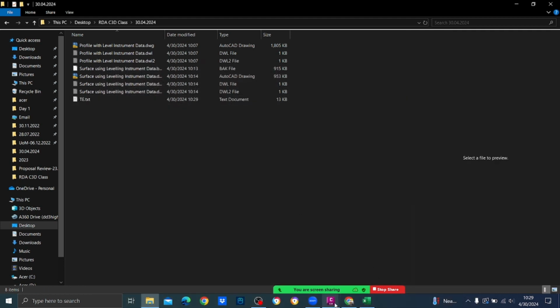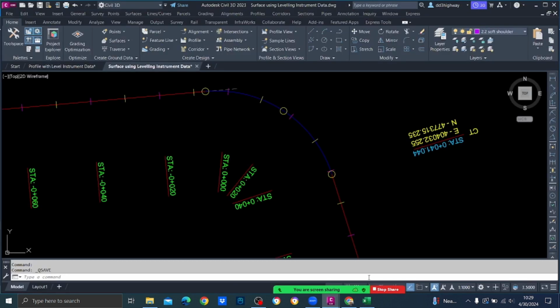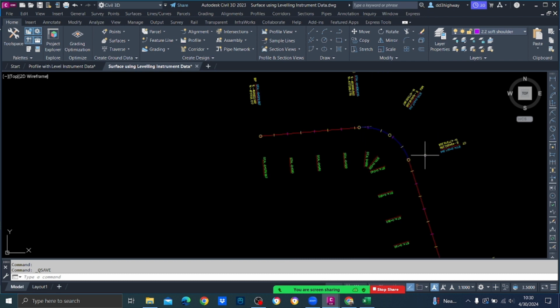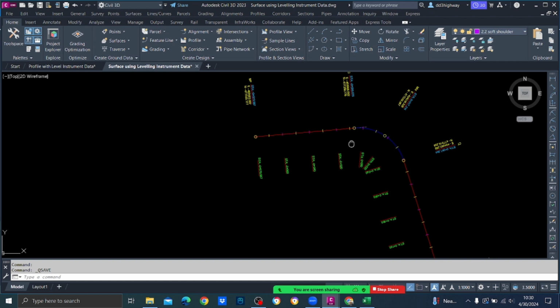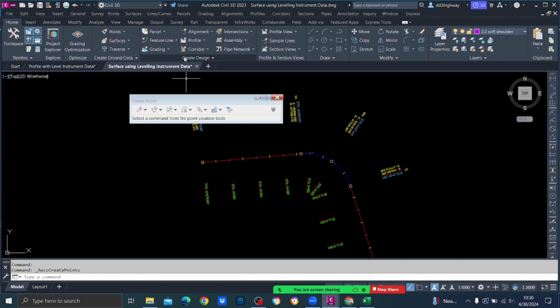right. Now you come back to our surface using leveling instrument data file. Now I am going to import those points into this file, right? How are you going to do that? You can go to these points, point creation tools. Earlier we used this one,